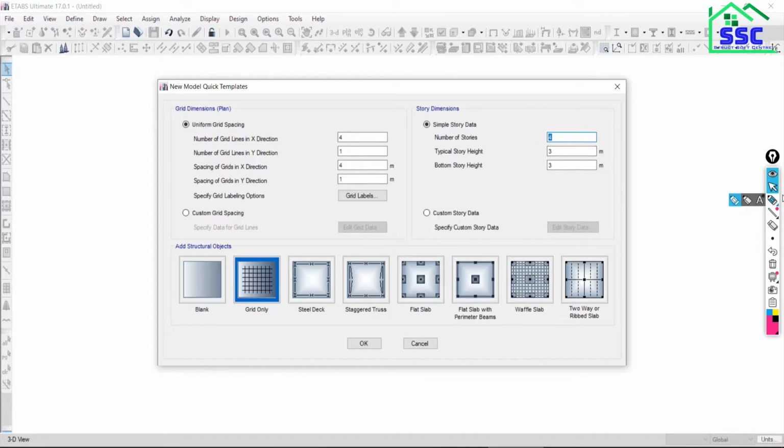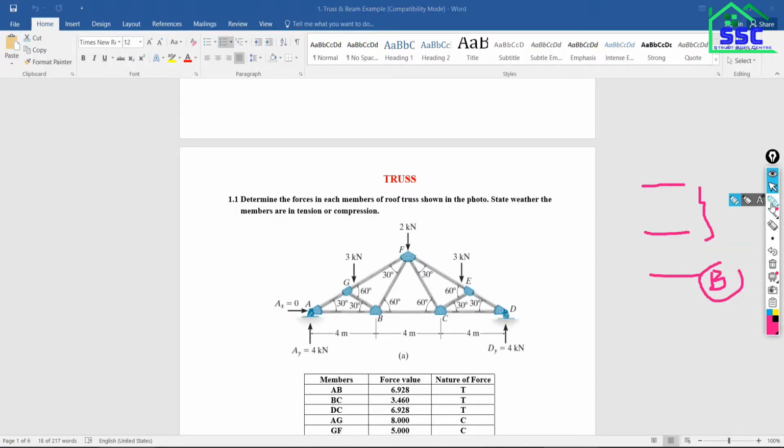How many levels do you actually want? Base is there, 1 level is there, and the top level is there. So 2 levels you actually want. Base will be there by default, and 2 additional levels, so put 2 here. This is the base, this is the first, and this is the second. Got it?